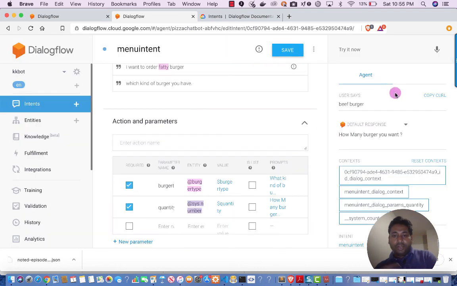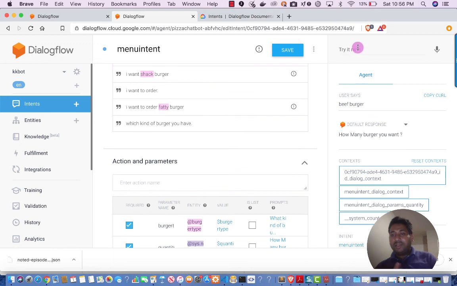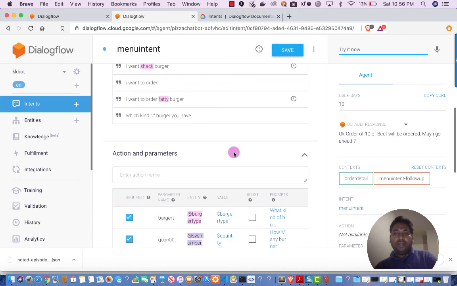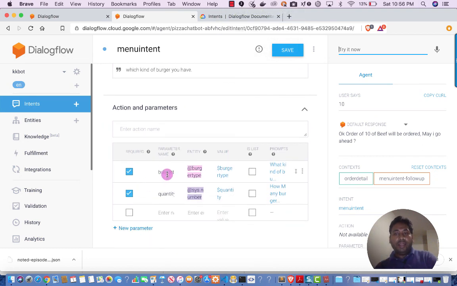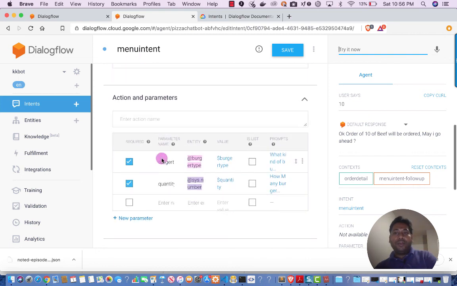May I go ahead? So basically, the responses which you write here, you have to write in a way that drives the conversation in a direction. So the first time when I say hi, I tell: okay, welcome to King Burger, and what do you want to order? So I am initiating a conversation and telling what you want to order.